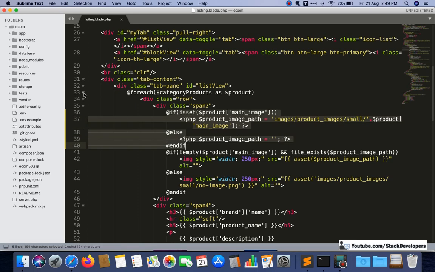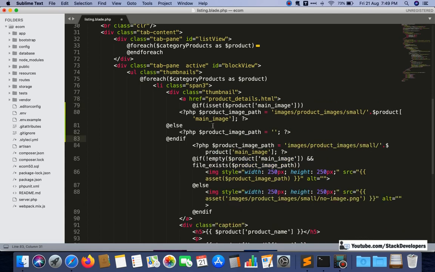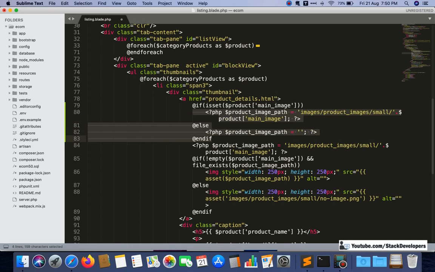and the same thing we are going to do with the other design. This is our other design, and the same thing we are going to apply here as well. Before the main image path, I am going to add this one, and that is enough. But this is not required, because we are using the same variable, so only one time is this code required.